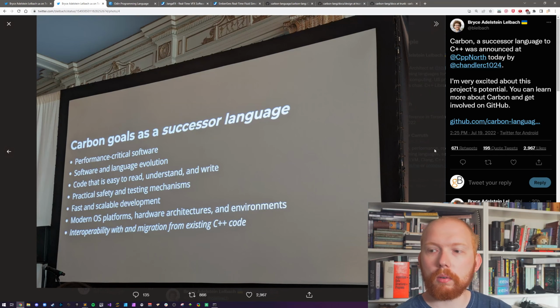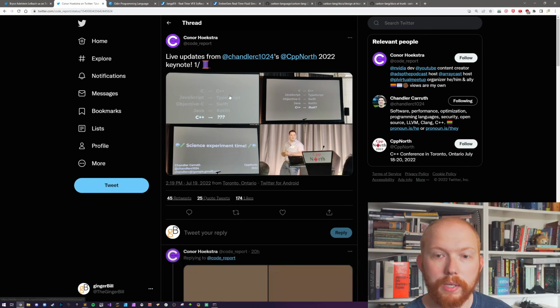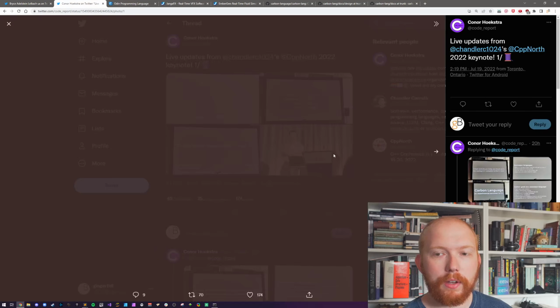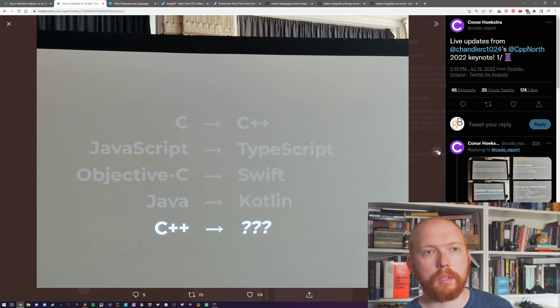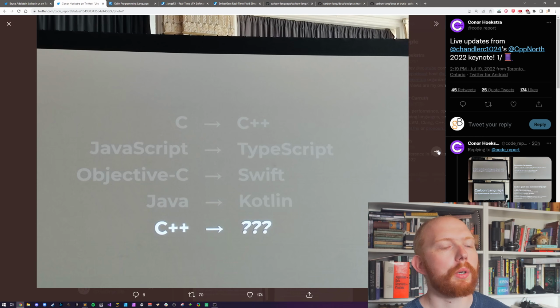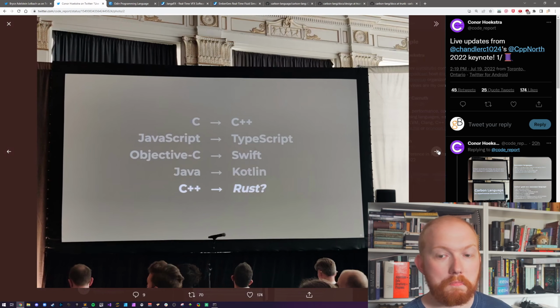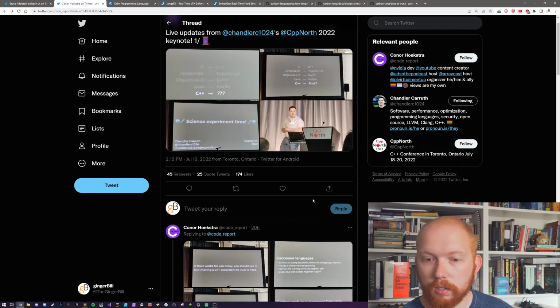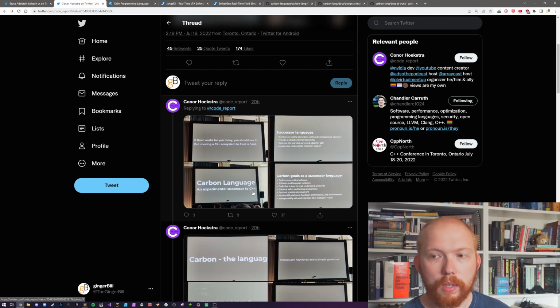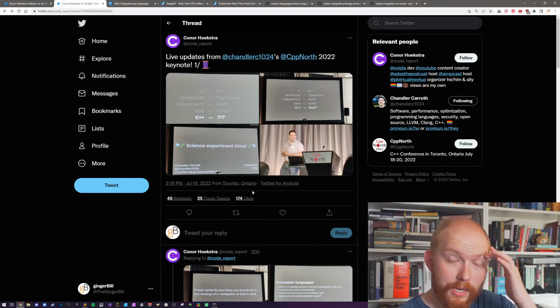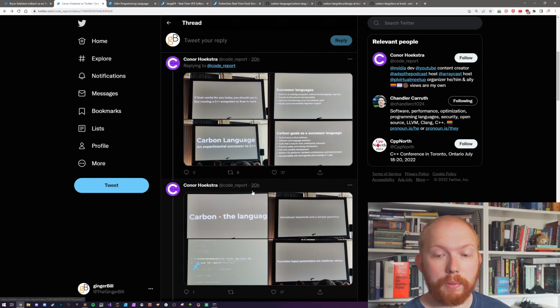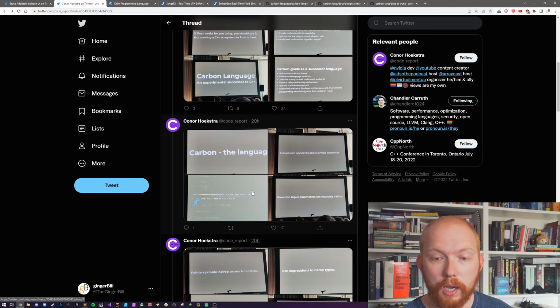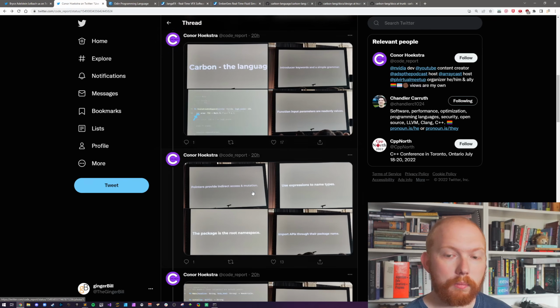In the talk, from what I understand, they've got some other pictures on another tweet here. They're saying that effectively, Kotlin is to Java as Carbon is going to be to C++. That's what their goal is, at least. Very interesting. There's probably some more images here as well. The full talk I don't think has been released yet at the time of this recording, if there has been any actual talk. But it's interesting what they're doing, and I'm interested to see where they go further.